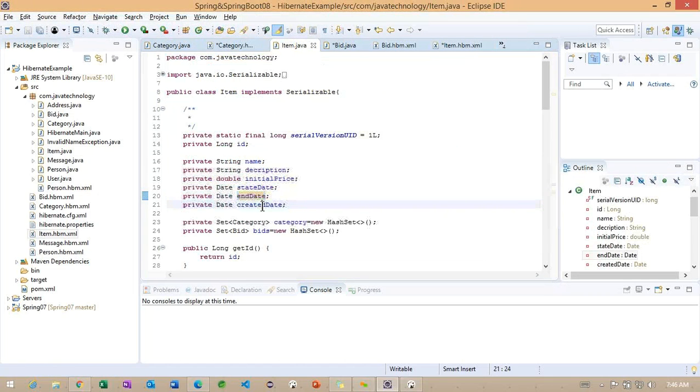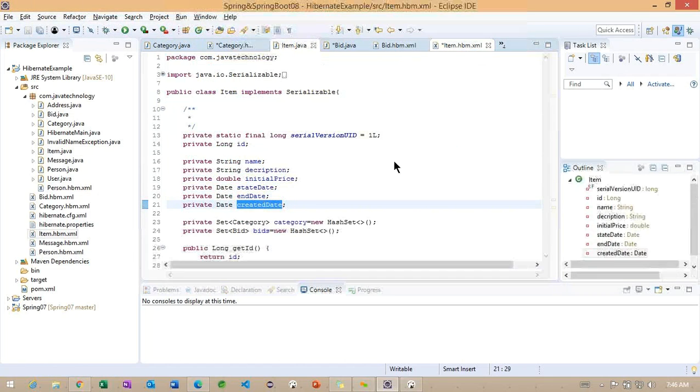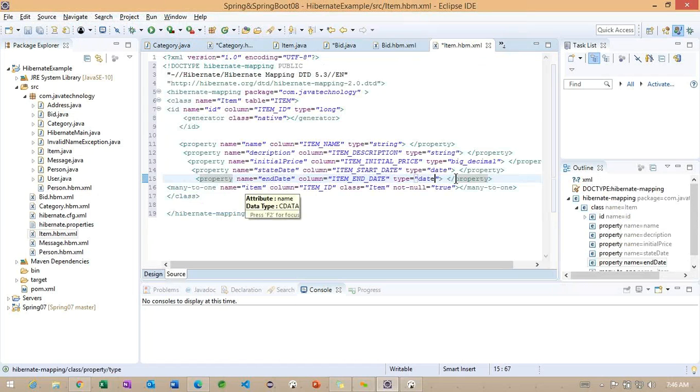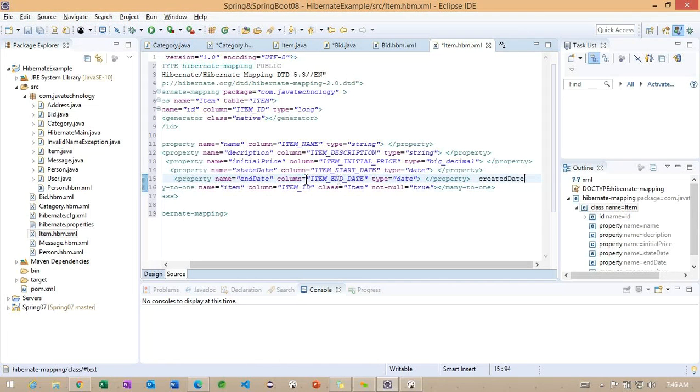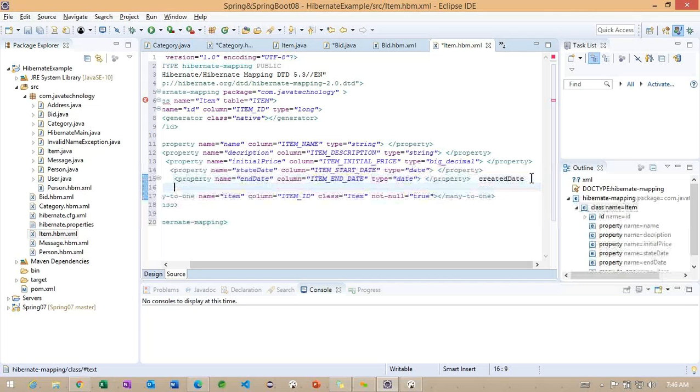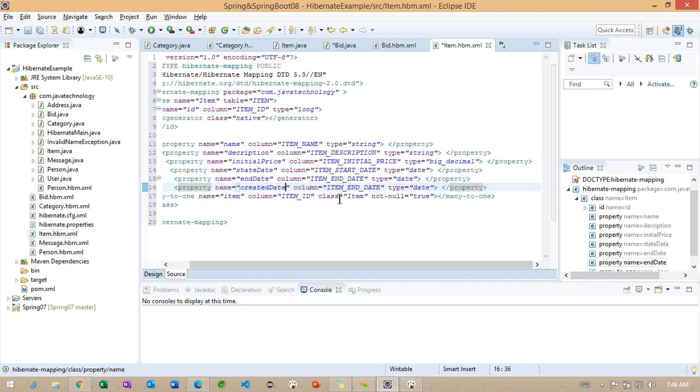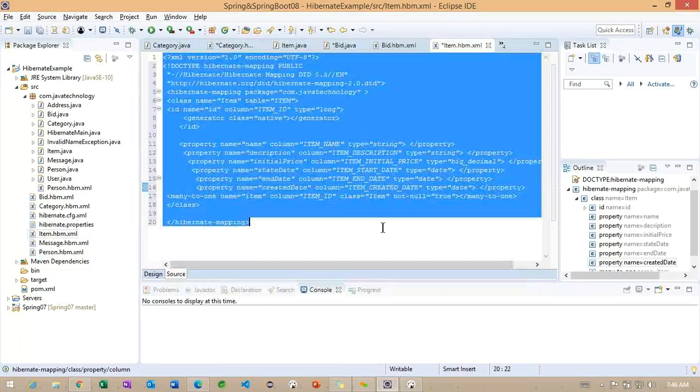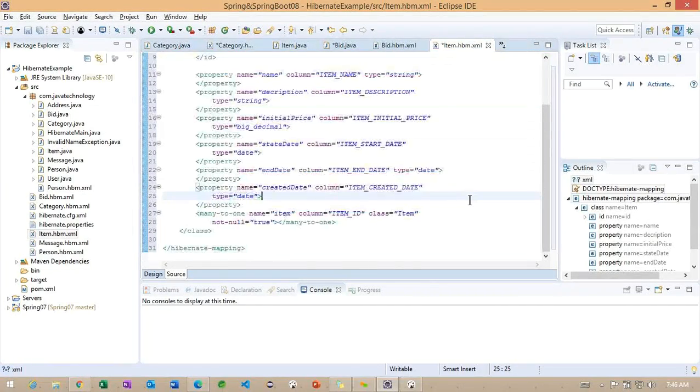And the last one, created date. Let me copy one more property, created date, date.